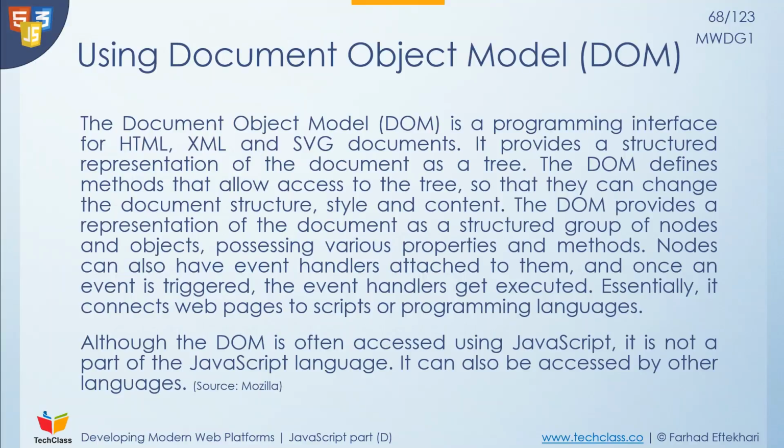All right, now let's talk about the DOM, or Document Object Model. The Document Object Model is a programming interface for HTML, XML, and SVG documents. It provides a structured representation of the document as a tree. The DOM defines methods that allow access to the tree so that they can change the document structure, style, and content. The DOM provides a representation of the document as a structured group of